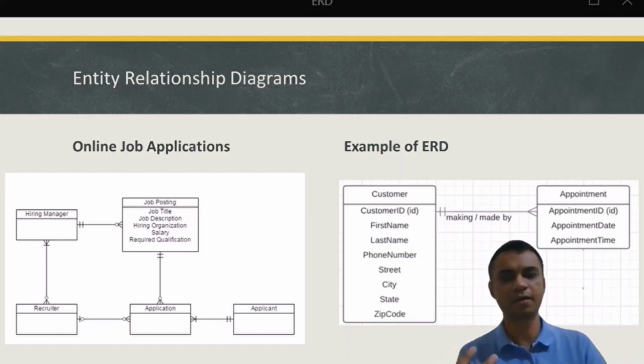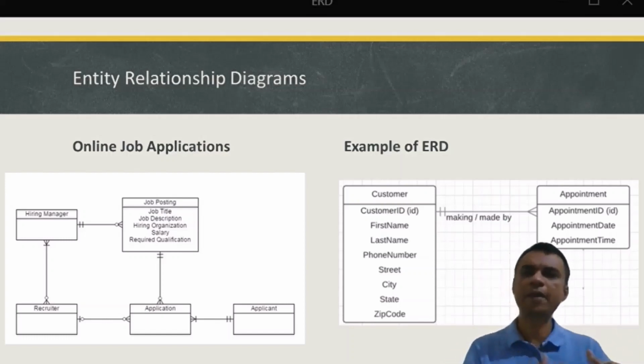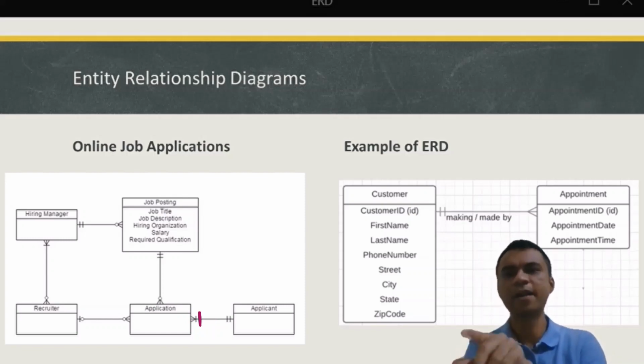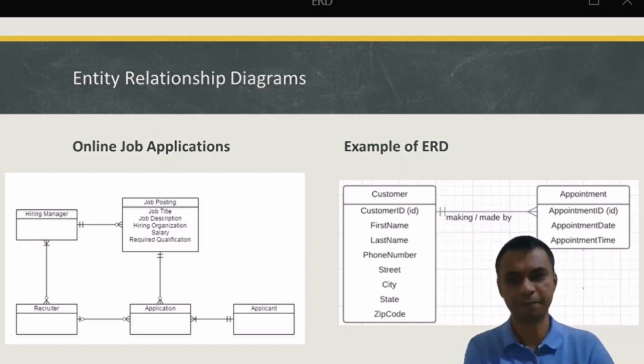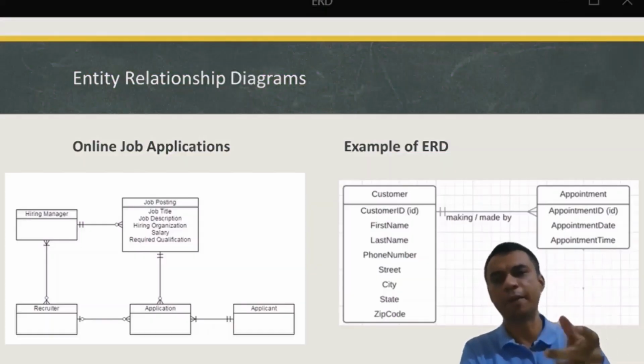It's a mandatory condition. The other way around is not true. One applicant can make many applications, right? Now there is a small thing that I want to highlight here: there is a mandatory many symbol there. What it means is an applicant has to compulsorily make one application.